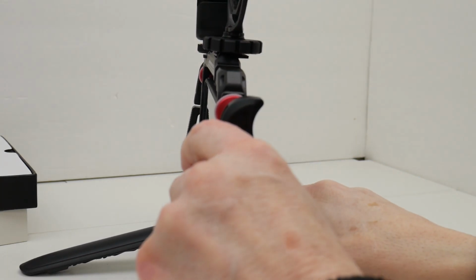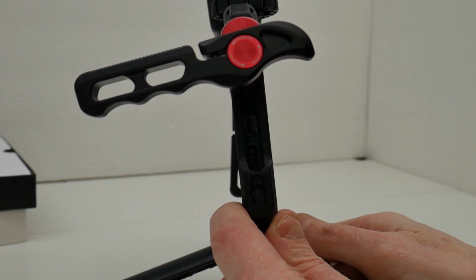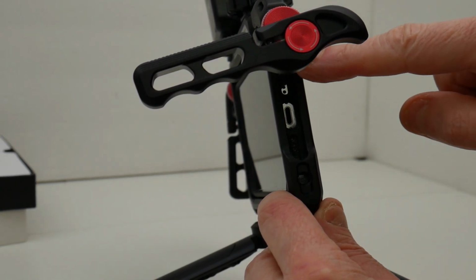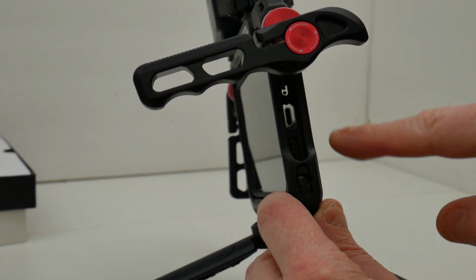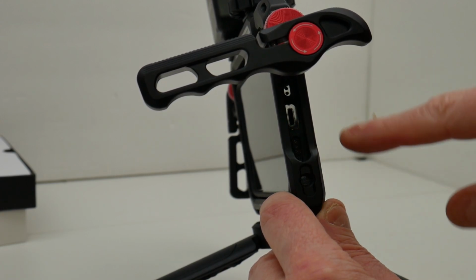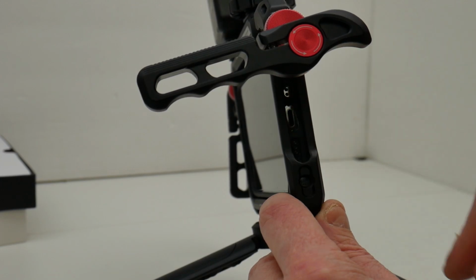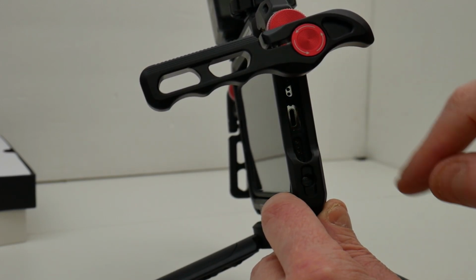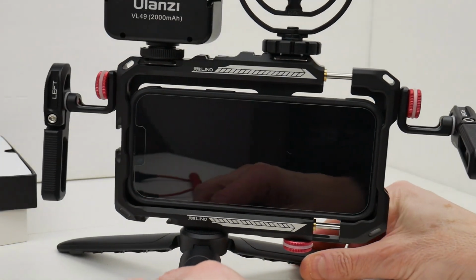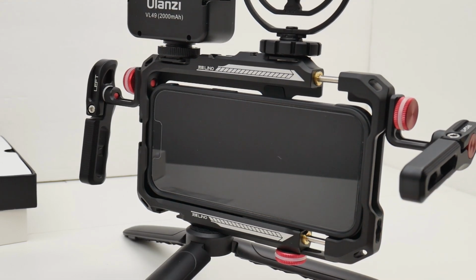Now, right here on the edge of this, you can see there's a cutout down here, and so you can plug in, well, at least with the iPhone I can plug in the lightning cable, and then there's also cutouts for the speakers and I think the other microphone down there. Now, to use this Rode microphone with an iPhone,